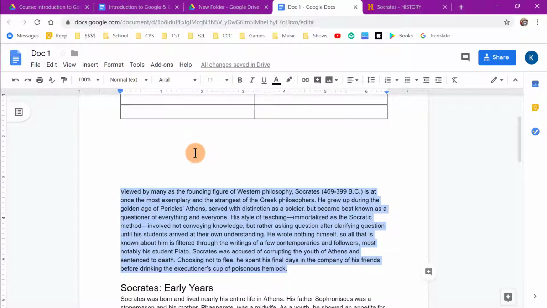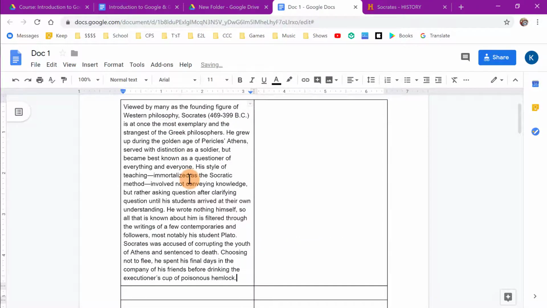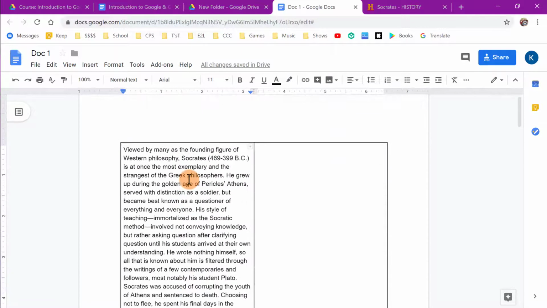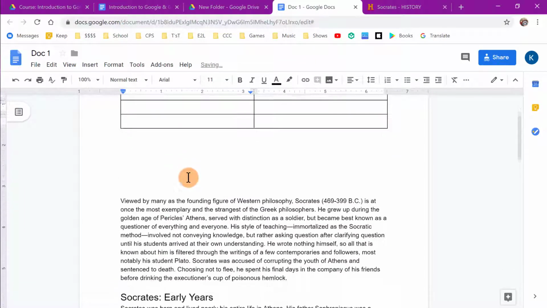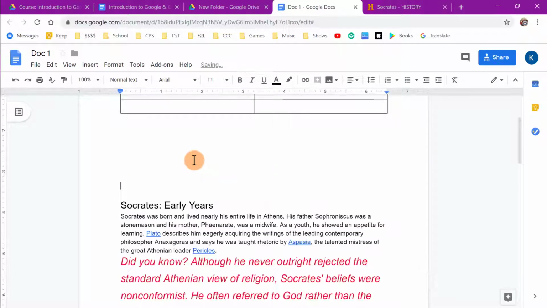I can hit Control-C to copy, and then I can put my cursor in the table and hit Control-V, and it'll paste that information. Now if I hit Control-Z, I can undo what I just did, and if I want to actually do that a little bit faster, because I know I'm going to get rid of this if I'm just moving it to a different spot, I can actually hit Control-X, and Control-X is the cut feature, so it